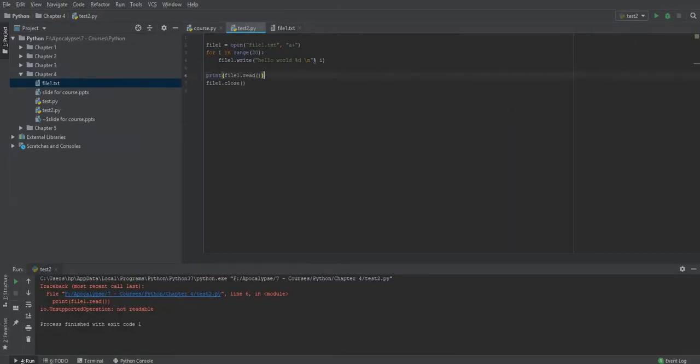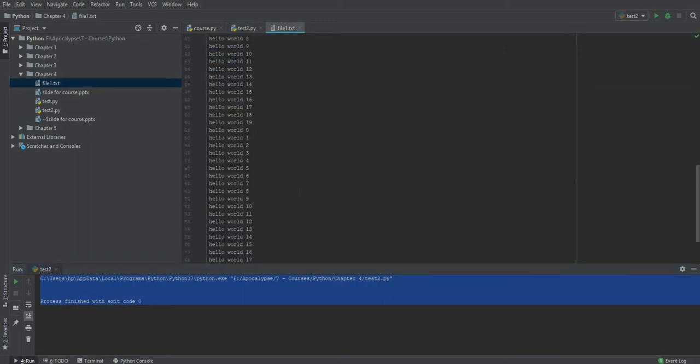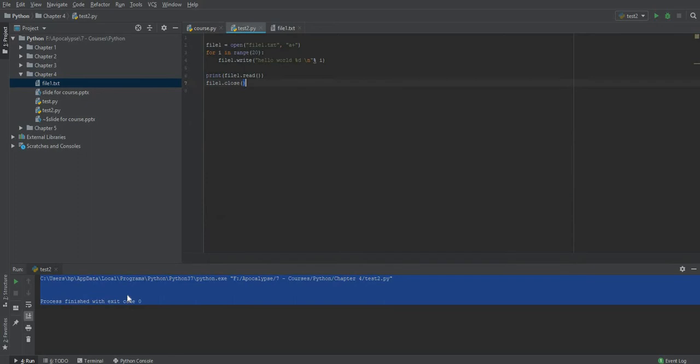Okay, so now the program will not, of course, crash, but the problem is we didn't read anything. The file is of course not empty, but we didn't display anything. The problem here is that because we wrote something in the text, after writing something in the text, the file actually